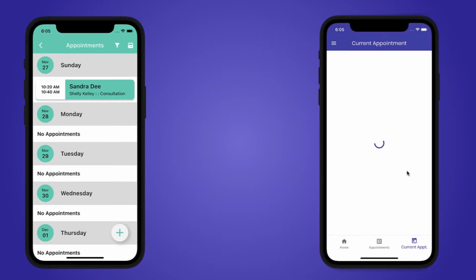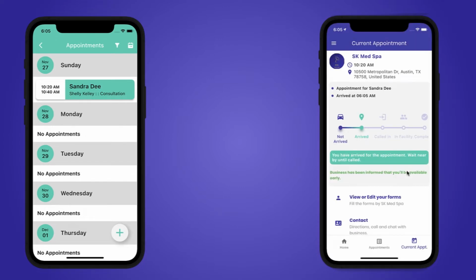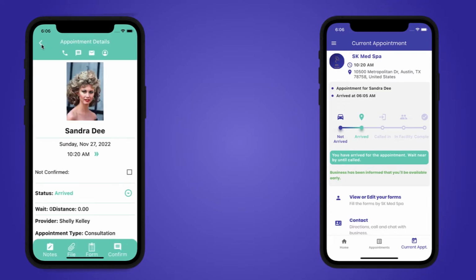So now Sandra can actually just wait next to the business. She doesn't have to go and sit in an uncomfortable waiting room. She can wait in a park or a coffee shop nearby. If you click on the appointment now, you can see that she's actually arrived, but I also wanted to show